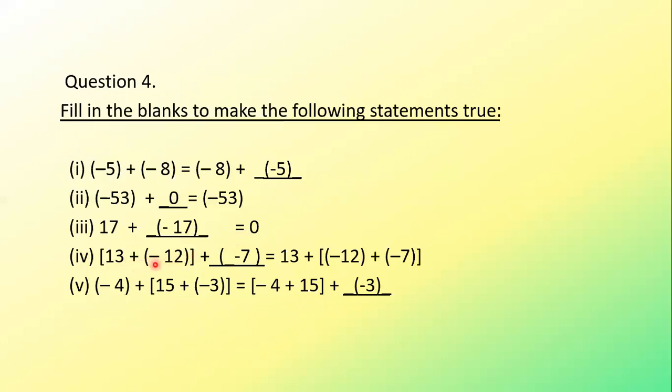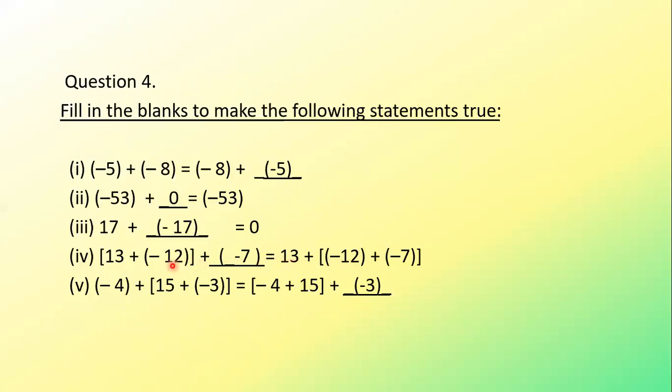Right? Next question, the addition of three integers. Just now only I explained. For the addition of three integers, we can make the association of any two integers first. To that, we can add the third integer. The sum will remain the same. That is associative property, associativity. See, minus 13 plus minus 12 plus minus 7. Here, first the association of 13 and minus 12 is taken. To that, we will be adding the third integer, minus 7. It will be same as minus 12 plus minus 7 plus 13.